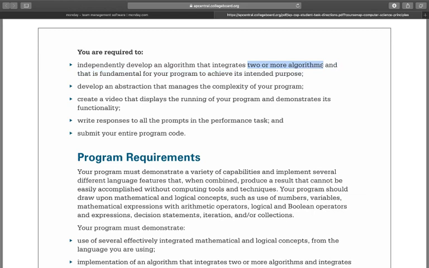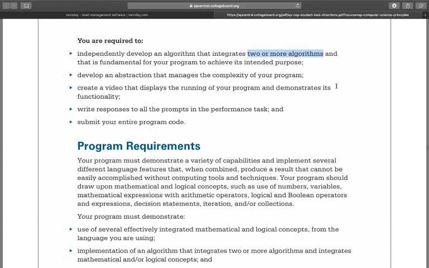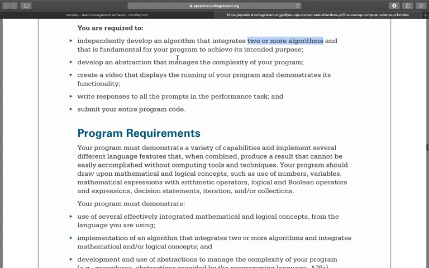Remember, we talked about this. This is just levels. Each function is an algorithm. So you're saying two or more functions, and then when those functions run together, the whole thing is actually an algorithm. Sorry, so don't use the big word algorithm, but develop an abstraction that manages